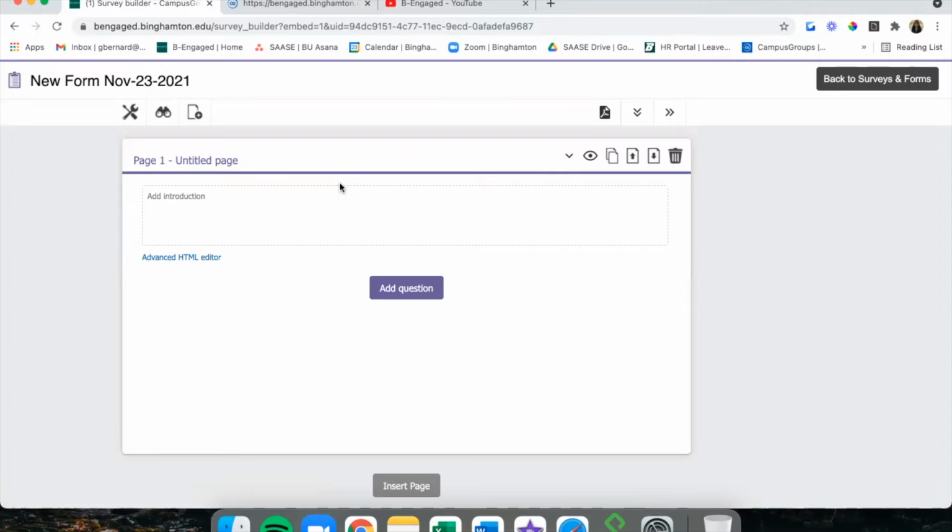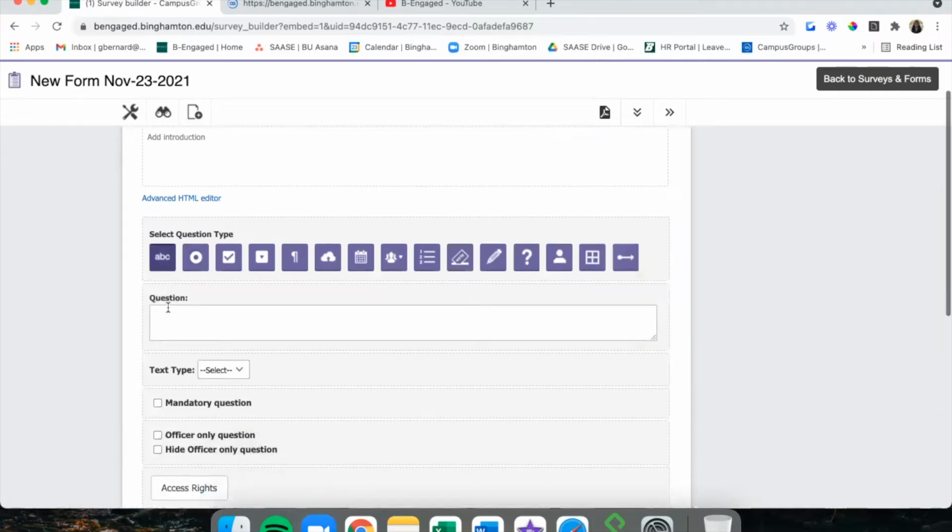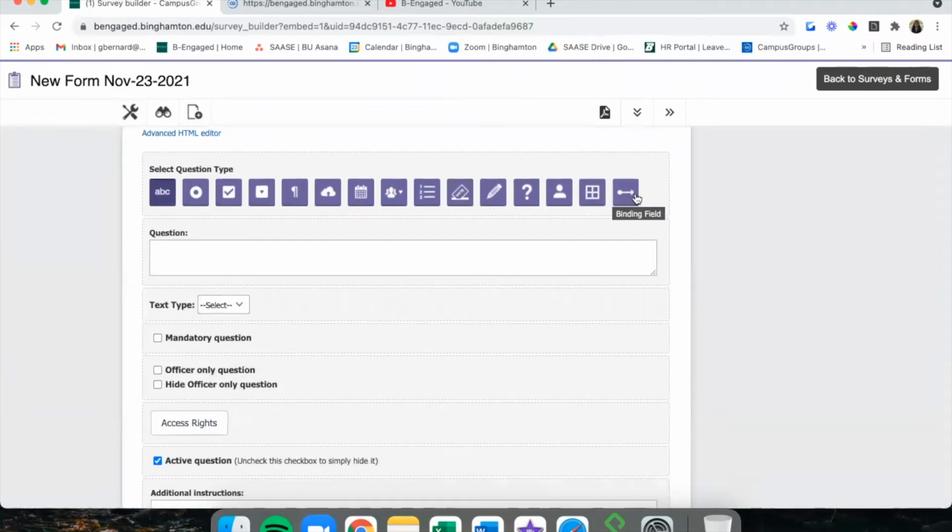You'll see you have the opportunity to add introduction fields and to choose from a variety of questions to create simplified forms that you can send out to just members or maybe a bigger population. And you can assess those results right in Be Engaged.